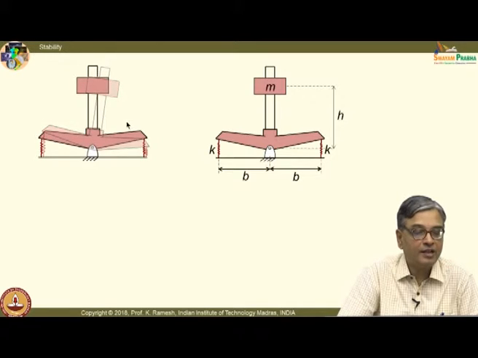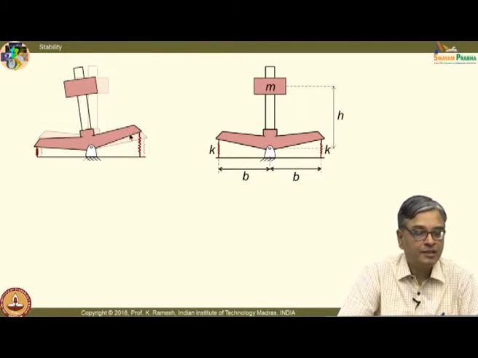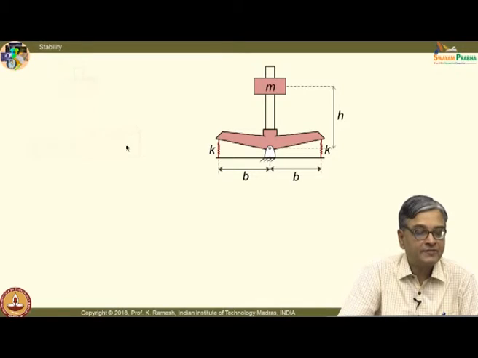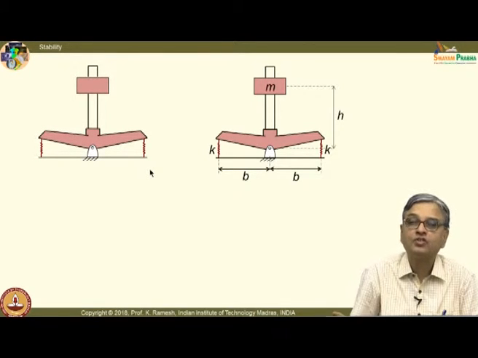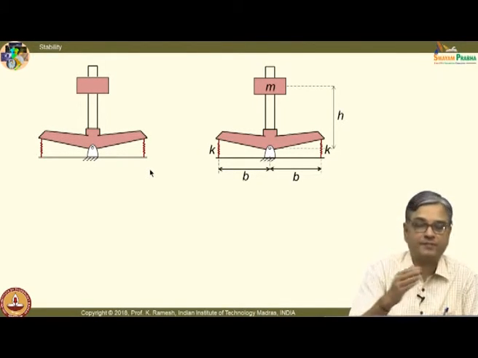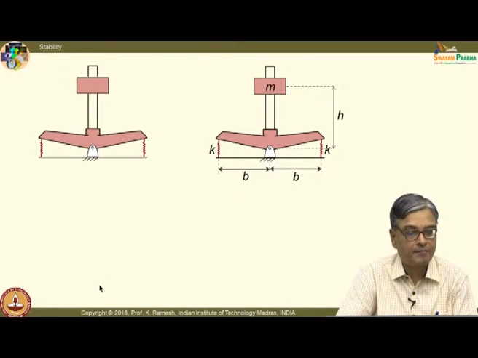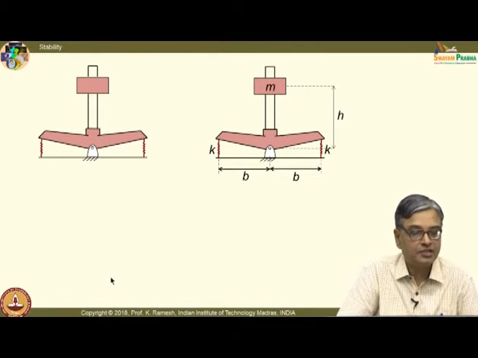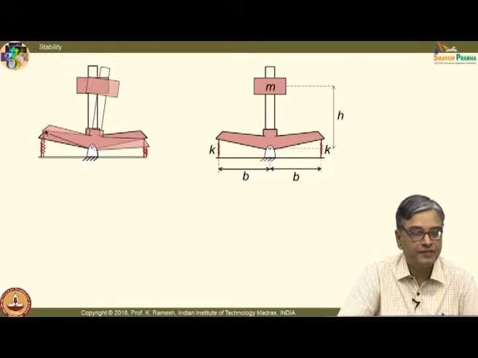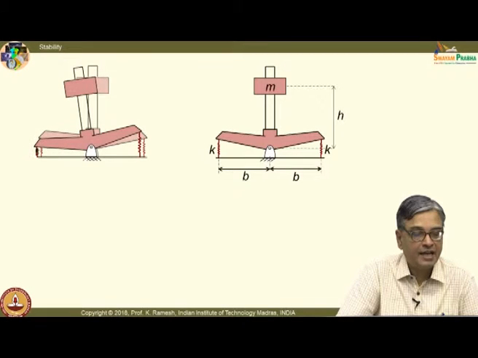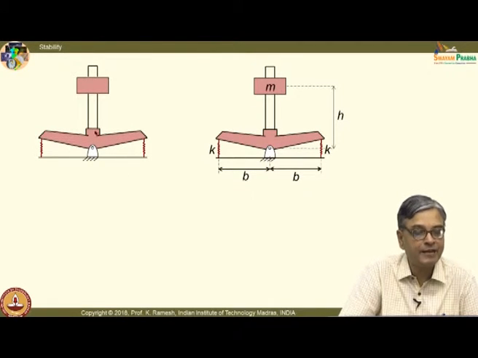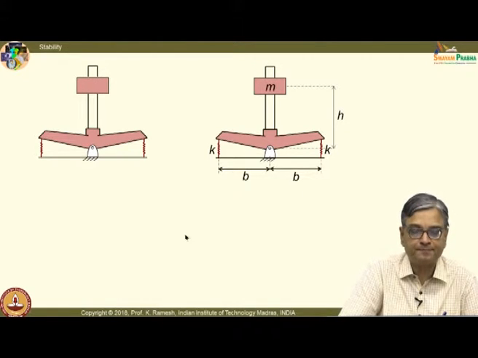So, if there is an angular motion, one of the springs will get compressed more, so it will have a restoring force. Okay, that is what is shown. I think we can go back and then see the situation ourselves. If it is displaced like this, you will have a restoring force because of the springs. The springs help it to bring it back to the equilibrium position.